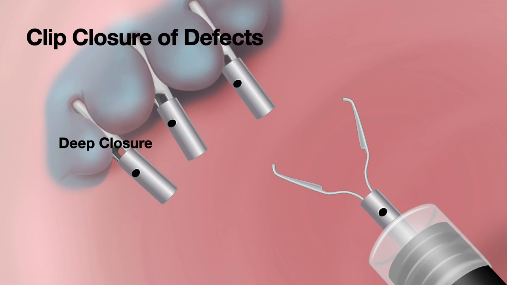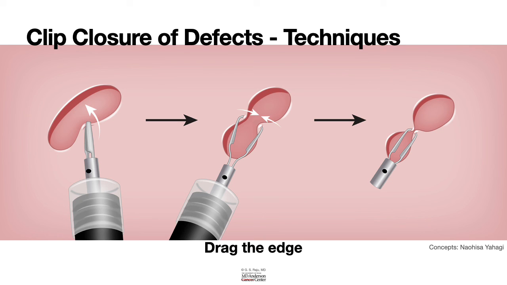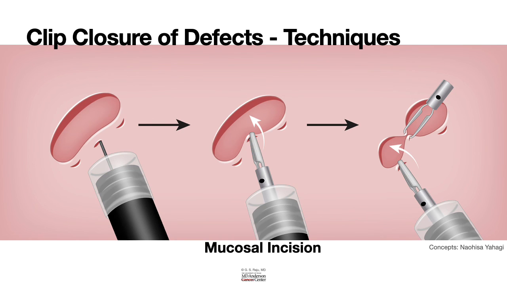So, although clips can be used routinely for a lot of defect closures, most defect closures tend to be not that wide, but if in case you have a wide defect closure, Dr. Yahagi from Japan came up with several different concepts, and I would like to share those concepts. One is to hold one edge and then drag it to the other edge and then close, or make a mucosal incision so that the clip could anchor into that mucosal incision and then allow it to close the defect,